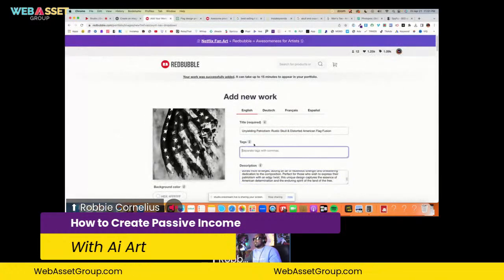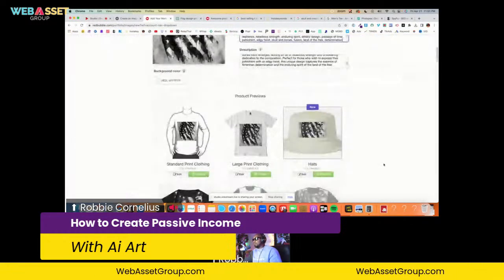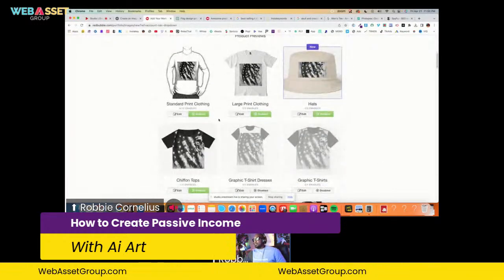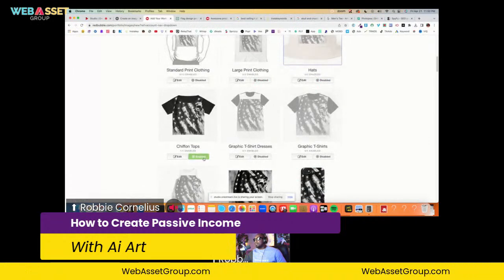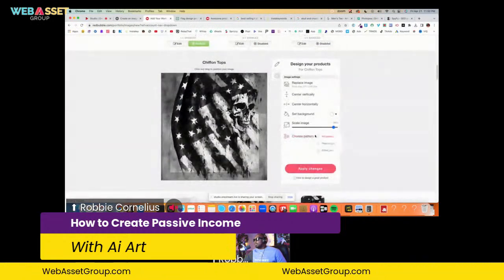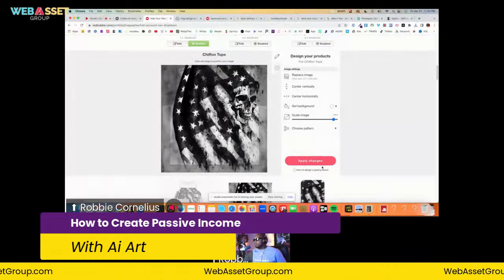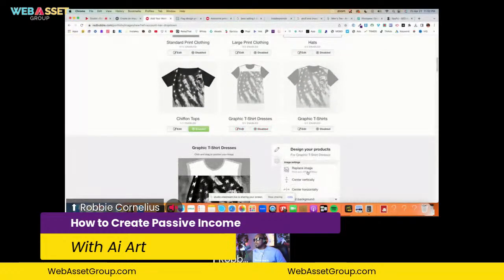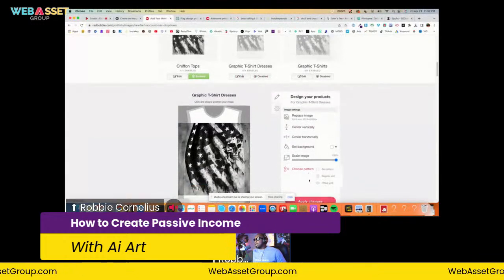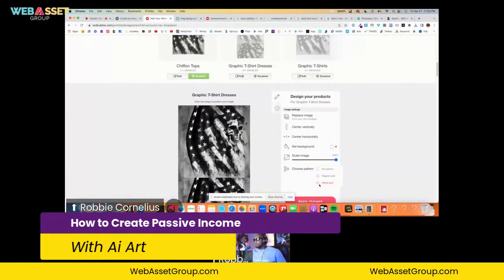Go back over here. It says I can use up to 15, but let's put them all in there. So now, again, we're just selecting the items that we're going to have it on. Keeping it very, very simple. We're going to put it on every single item we possibly can.